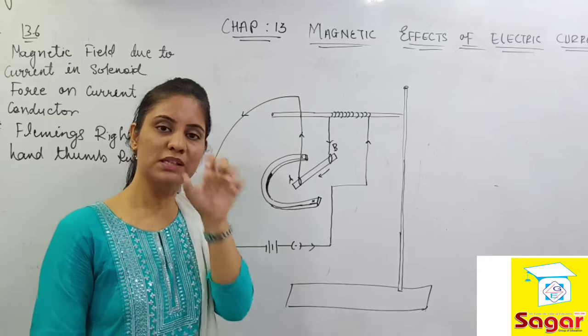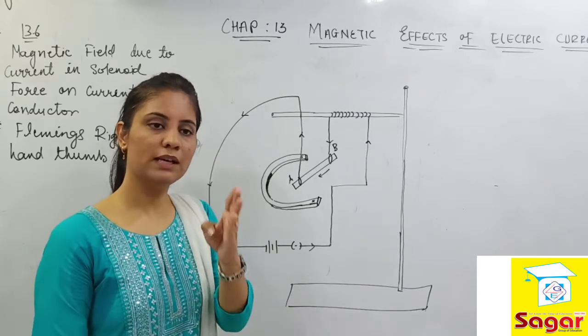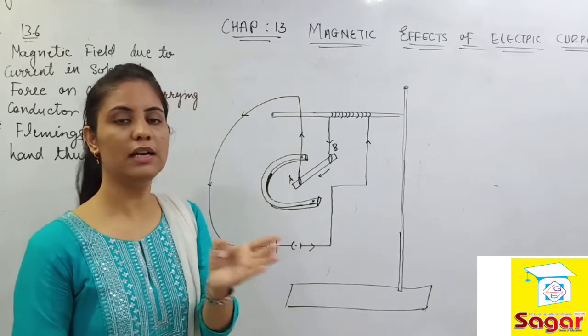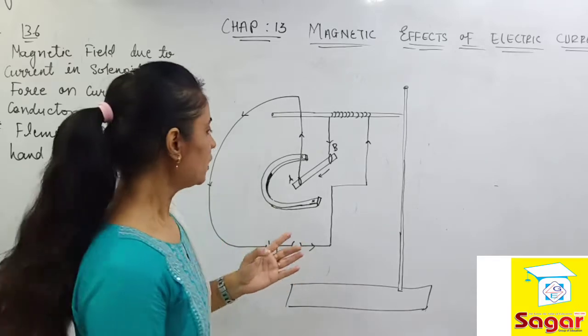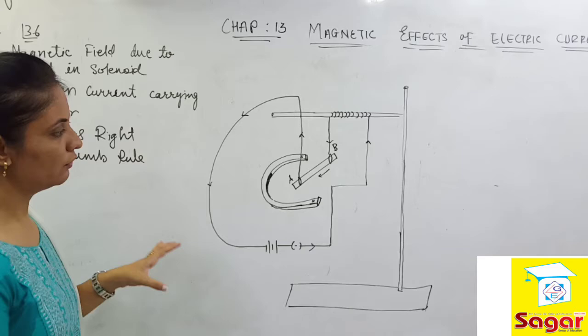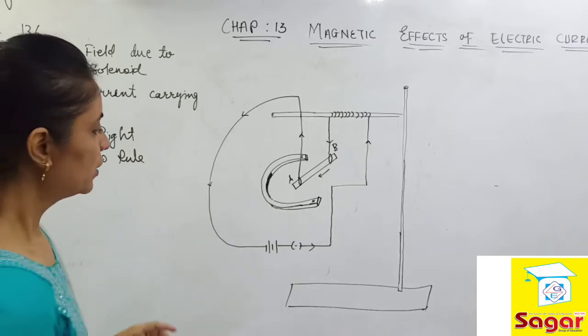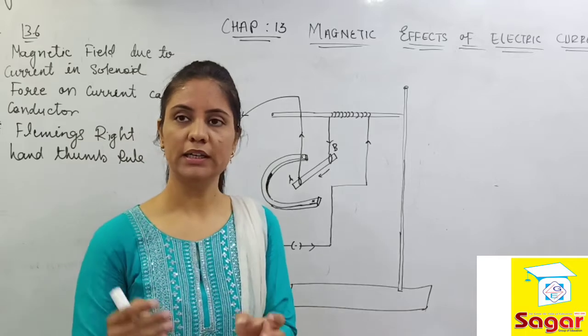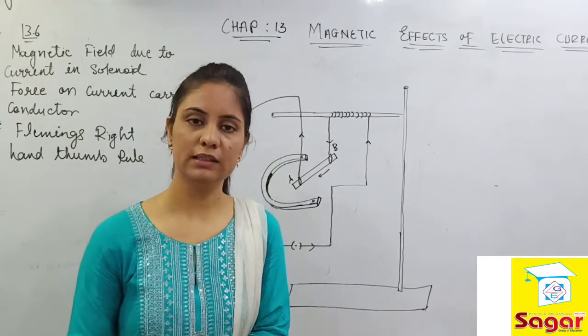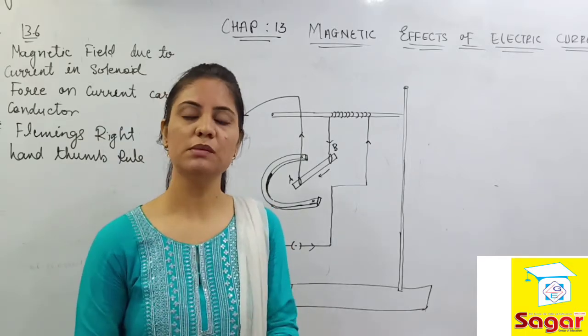A kind of force must be executed over there which makes the rod tilt, be displaced, be shifted in one particular direction. So let's see in detail how the thing is actually going on, everyone. This whole chapter depends on one phenomenon: any metallic wire that conducts current produces a magnetic field.